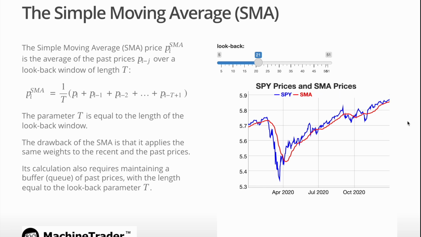And on the right we have an interactive plot of the SPY ETF prices and the simple moving average, SMA. So we can see that the blue line are the SPY prices, the red line is the SMA, and the shape of the SMA curve depends on the length of the look-back window, the time window. So it's set here to 21 days. If we increase it,